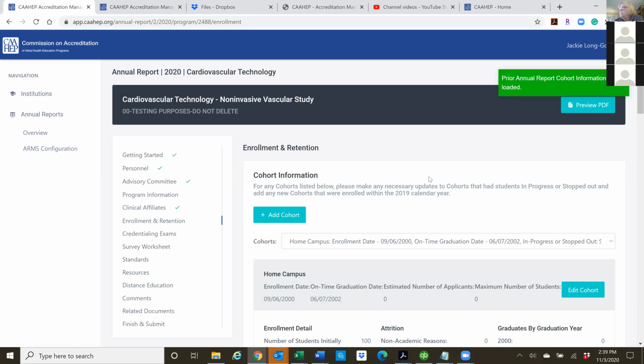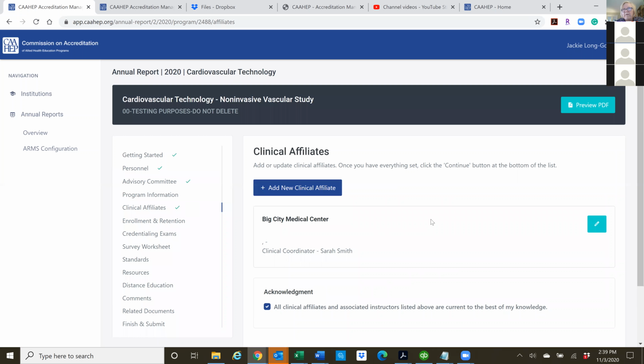Jackie, was that just for paid faculty that would be at those facilities, or is that for every preceptor? I would say, if you have one person at a hospital, that's your go-to person, and that's where the students go in the beginning to find out who they're going to be with. Then you can put one person's name in. If you have more than one person, so you have the same 6 people who always work with the students, and you call all 6 of them every year when you're getting ready to assign students, then you can add more people here. But most of the time, people have one go-to person, and that's the only name you have to put in.